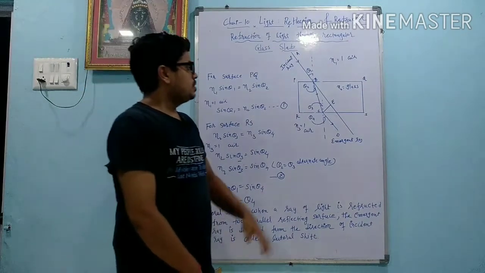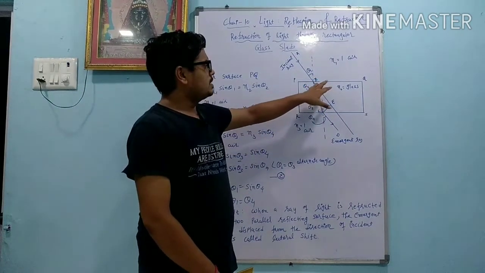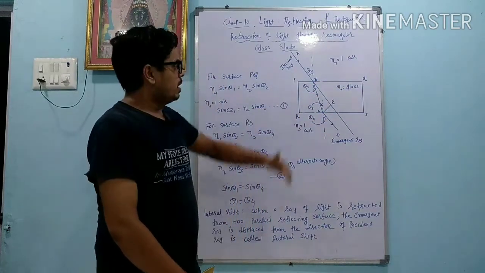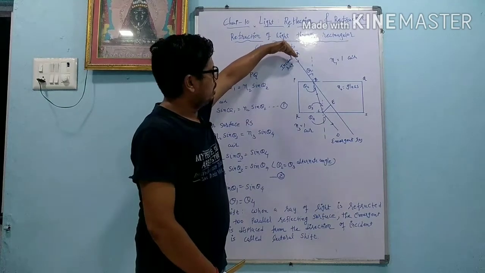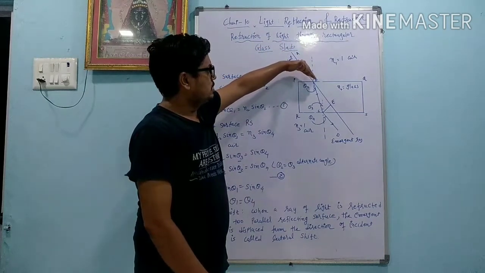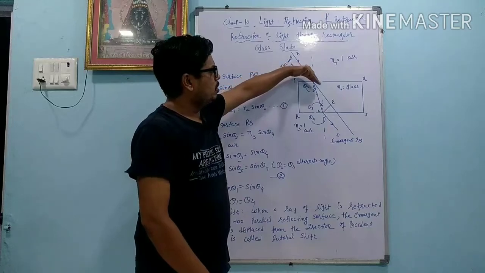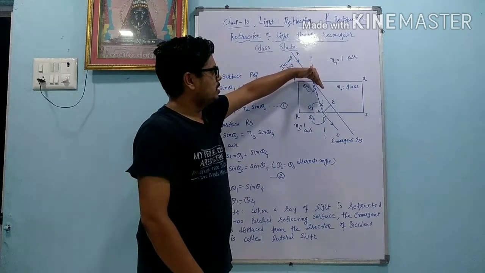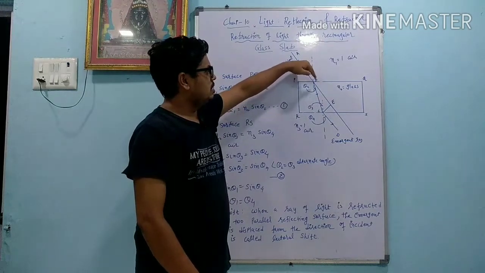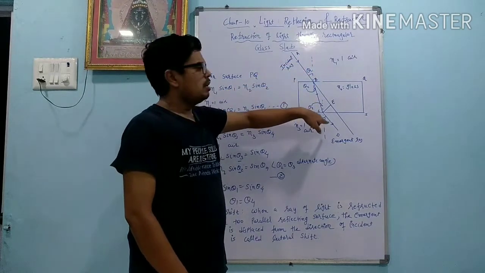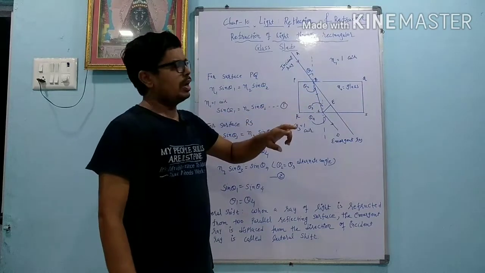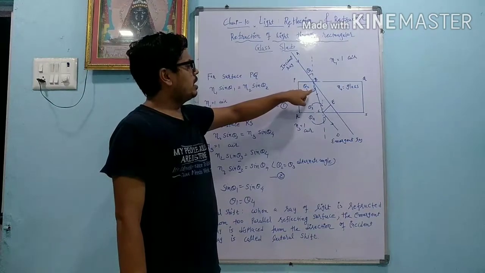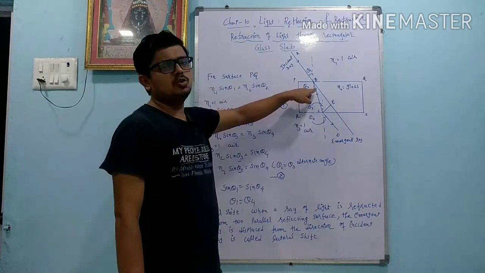Here in the rectangular glass slab, two surfaces are there. One surface is PQ and the other surface is RS. When the incident ray AB falls on this rectangular glass slab, it will not go straight. As it passes from the rarer medium to the denser medium, it goes nearer to the normal, and because of that it will go B to C. It makes two angles: one is the incident angle, theta 1, and another is the refracted angle, theta 2.